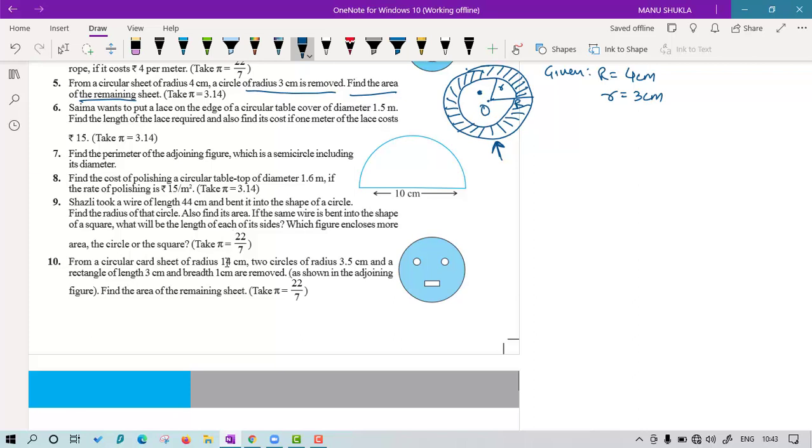So you have to understand, if you find the area of the outer circle separately and the area of the inner circle separately and you subtract these two, obviously you will get the remaining portion, no issue. So let's start. First, the area of the larger circle is given by pi capital R square. Why? Because I have taken the radius of the larger circle as capital R. So that will be 22 upon 7, R is 4 into 4.